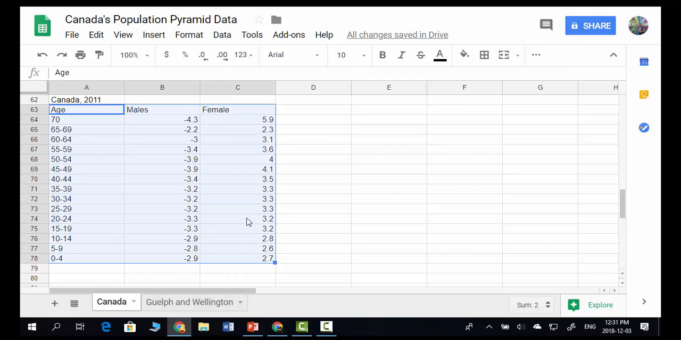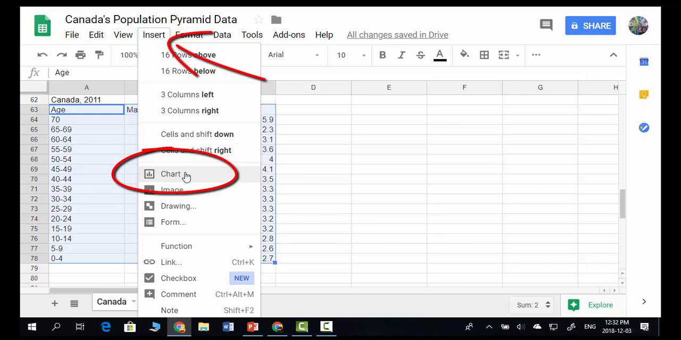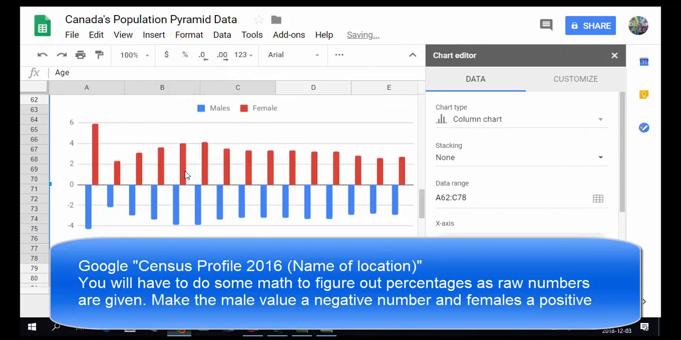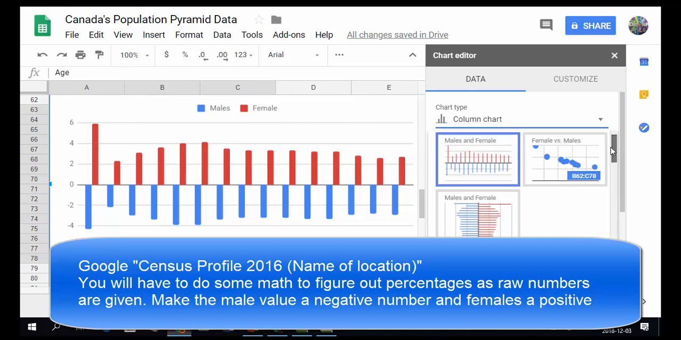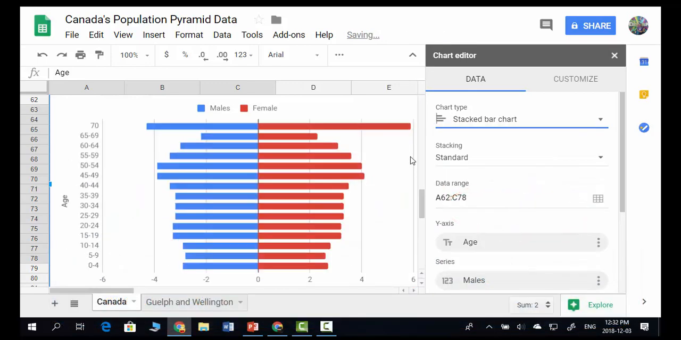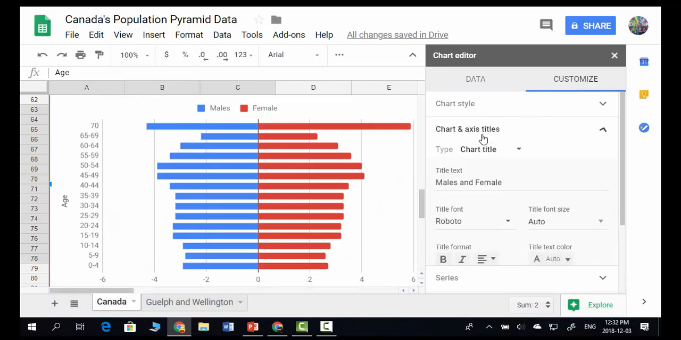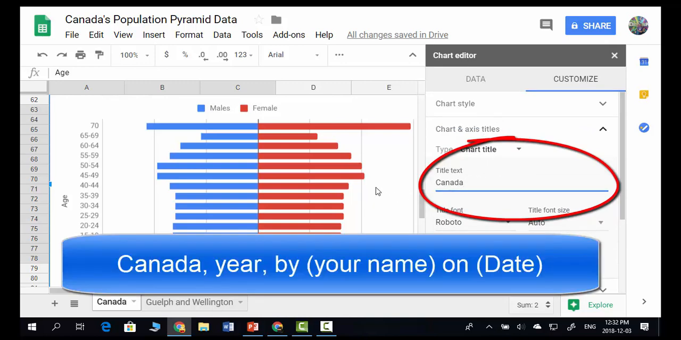Once you've selected the data, you insert chart. Then you're going to select the chart type, and you're going to scroll down to where you see the two bars beside each other in bar. That creates a population pyramid with males on the left and females on the right. That's because we put a negative value on the male data so that it gives it that split between the